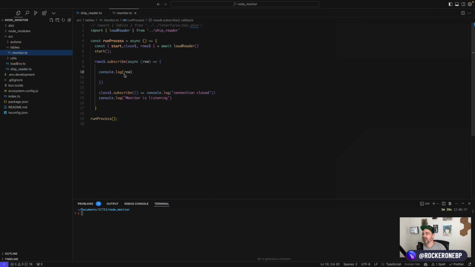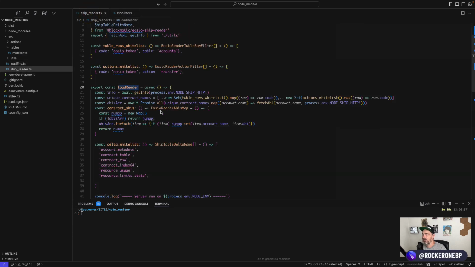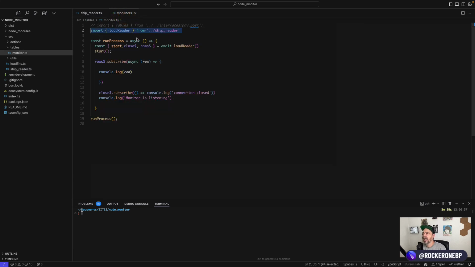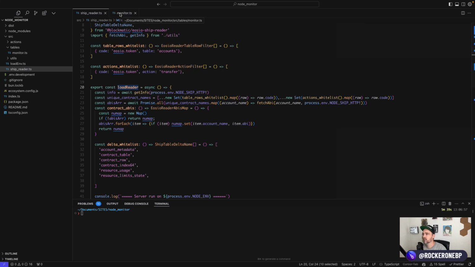Here I have my little script, and it's really little because we hide all the process inside this Shipreader. And we import the loadReader function from Shipreader. I have the runProcess function, which is an async function to allow me to use the await operator, and this runProcess is invoked right after the script is loaded. So the runProcess loads the reader by our loadReader function, and it returns